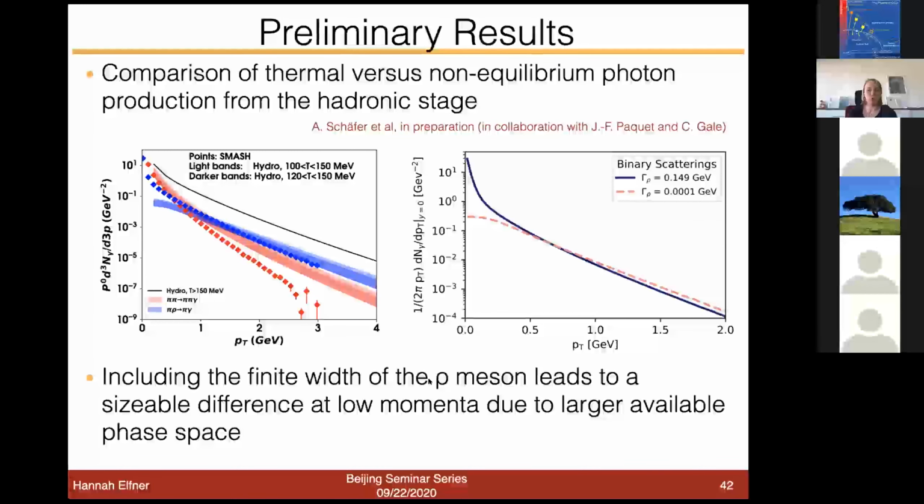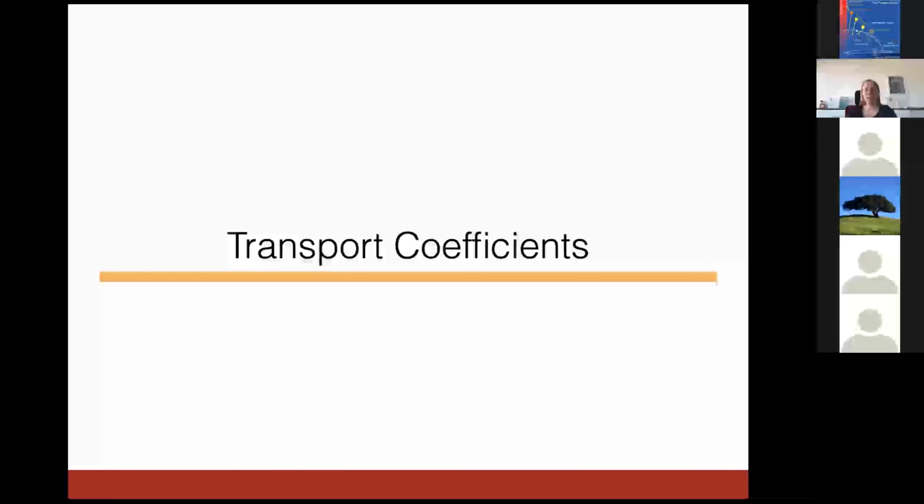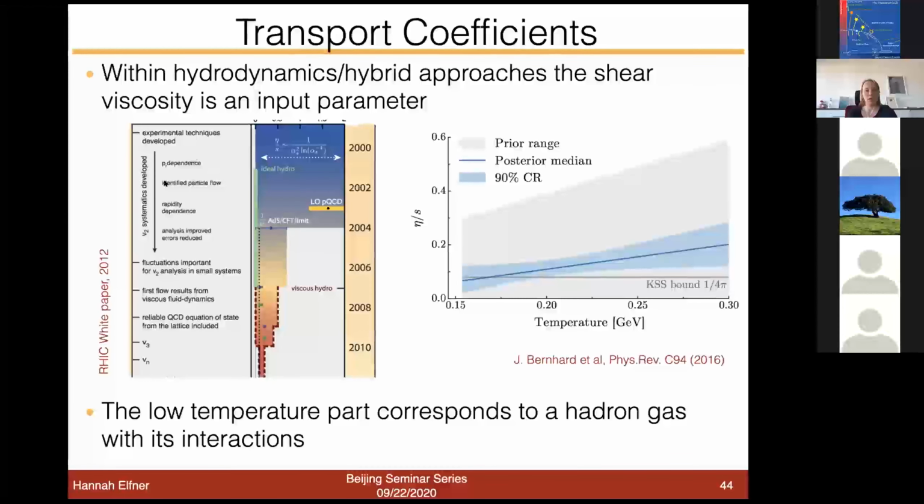Okay, so then I have the last chapter here of my talk on the transport coefficients, because now that we have a transport code which has all these degrees of freedom and interactions in there, we can also see what we can learn about the different transport coefficients that result from that. And transport coefficients are one of the things that many people are trying to study. This is from a by now almost old white paper. But it was still this effort of the field to decrease the uncertainty on the transport coefficients, and now